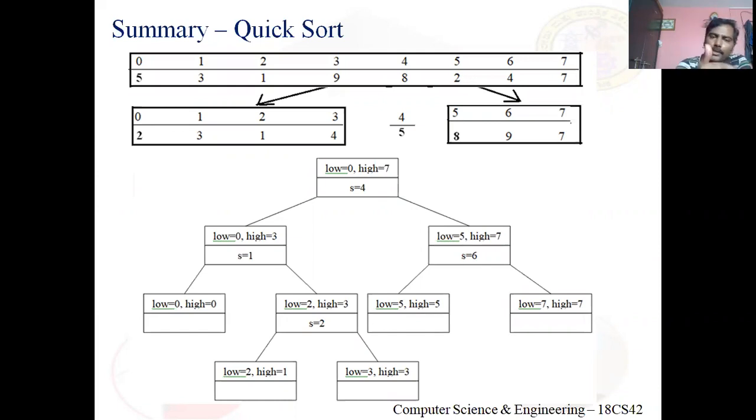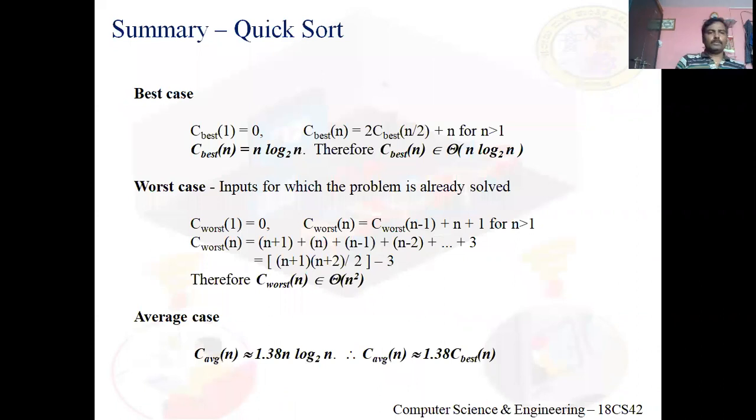When I apply quicksort in both cases, for the first subproblem the partition occurs at 1, so s equals 1. Whereas in the second subproblem the partition occurs at 6, so s equals 6. This we call the tree of recursive calls for quicksort. Then we have another point. In the best case and average case, it's n log n. The worst case input for quicksort is an already sorted array. For an already sorted array, it takes quadratic time. Got it? So this is about today's session.